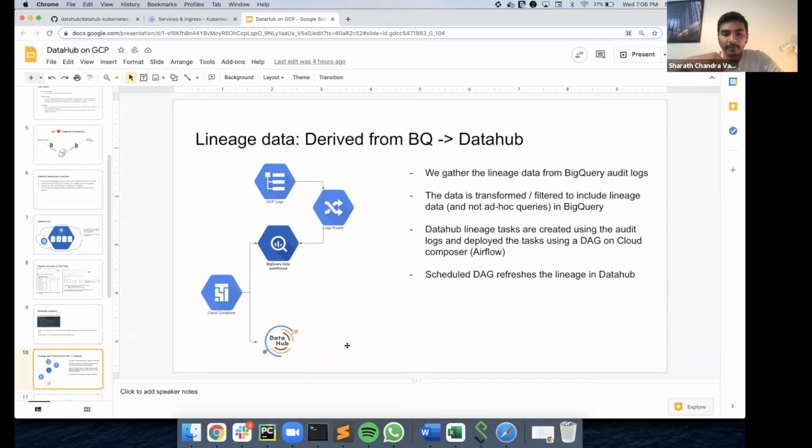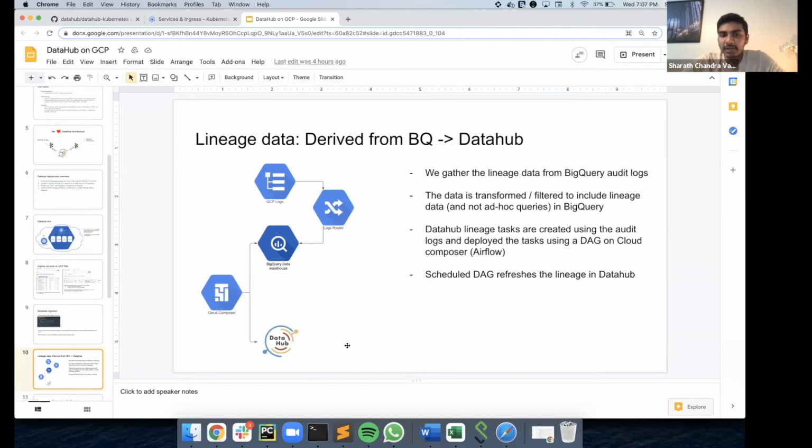For example, if I were to load table T1 by joining three source tables S1, S2, S3, then the audit log would capture one row where you would have the destination table as T1 and the source tables as S1, S2, S3. And when you think about DataHub, that's exactly what DataHub is doing. It's trying to take your source tables and map them to your destination tables. And BigQuery audit logs give this out of the box. You don't have to worry about which SQL script runs which of the tables, or which SQL script is responsible for loading which of these tables.